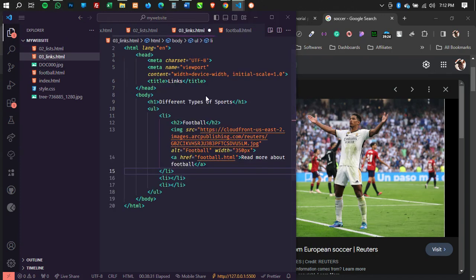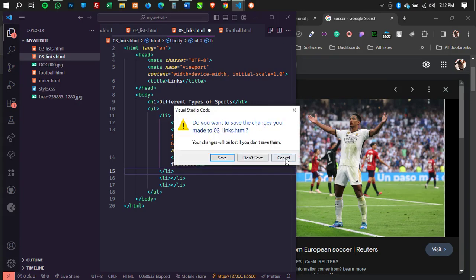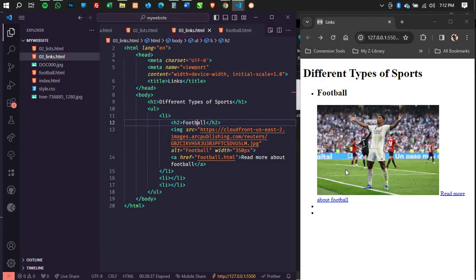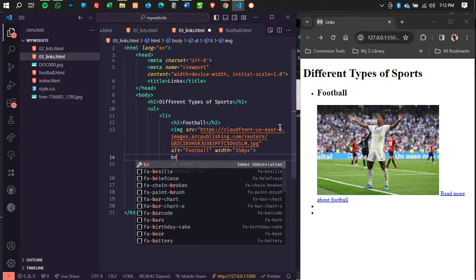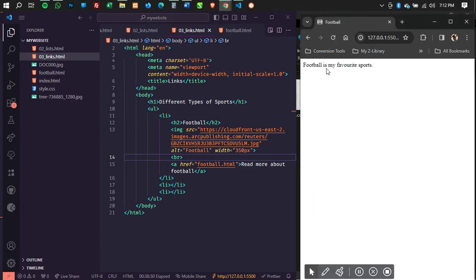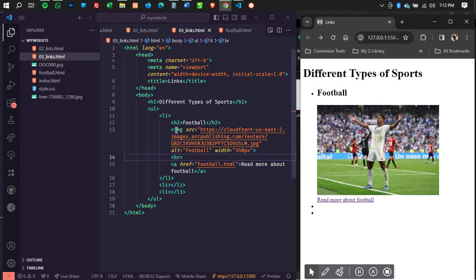Let me save that. Let me save this, and let me bring a break over here. So when I come here and I click on read more on football, it takes me to what? To the football page. So we can actually create another one and say basketball. Let me do just two so that we can save time.